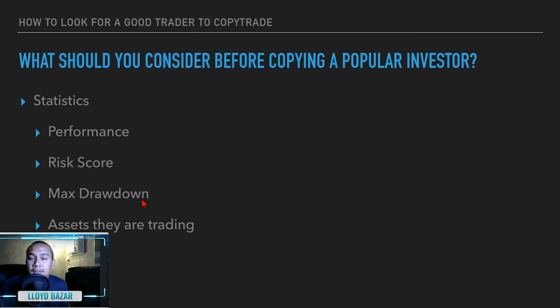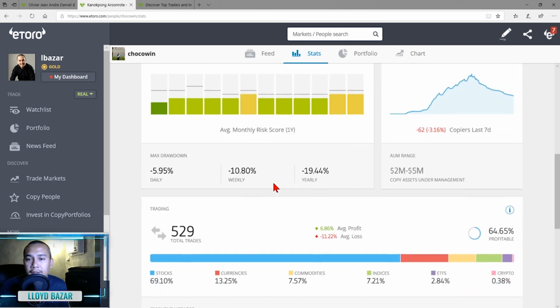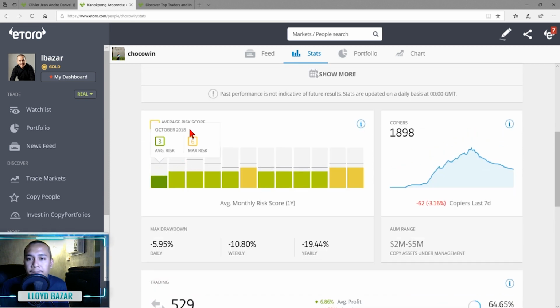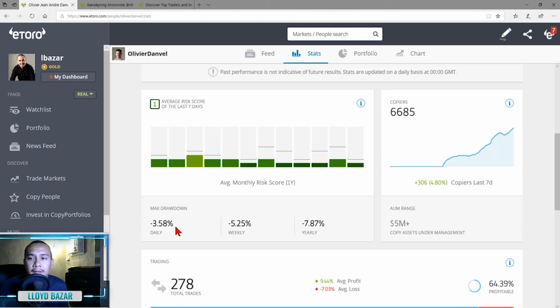Next is max drawdown. Okay, max drawdown, you are going to see it in the statistics also. Under statistics, you just scroll down, and then you're going to see it below the risk score chart. Max drawdown. So what does max drawdown mean? That means this is the lowest this person lost to gain whatever he has right now. For example, daily max drawdown is negative 3.58. Yearly max drawdown is negative